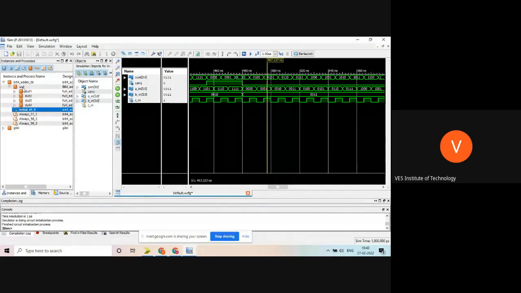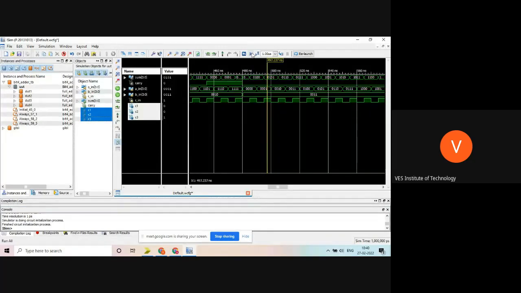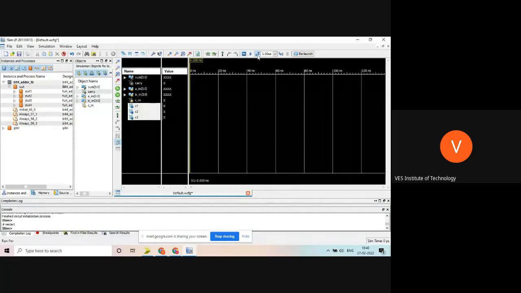So you can add all these signals. If you click on UUT, you can see the input signals of the UUT, and let's say I want to see the results of C1, C2, C3. So I will add to waveform, and I will restart the simulation. Here, restart the simulation and simulate.